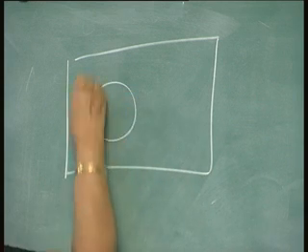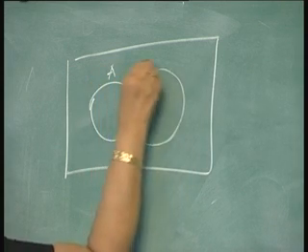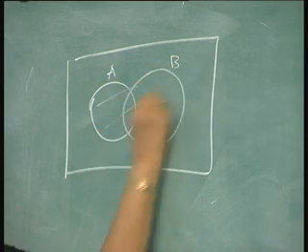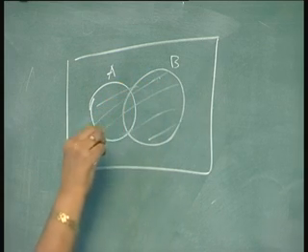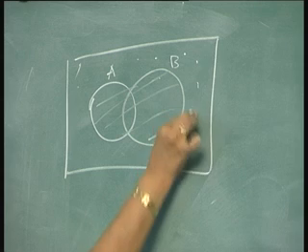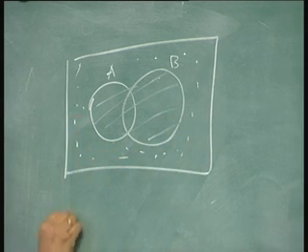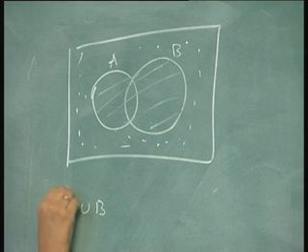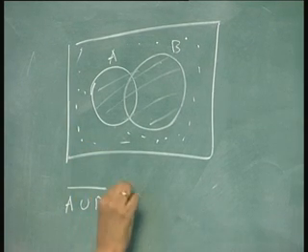You have two sets, the underlying universal set is this, and you have two sets A, B. A union B is this. The complement of this is this portion. A union B complement is the dotted portion, and you can see that